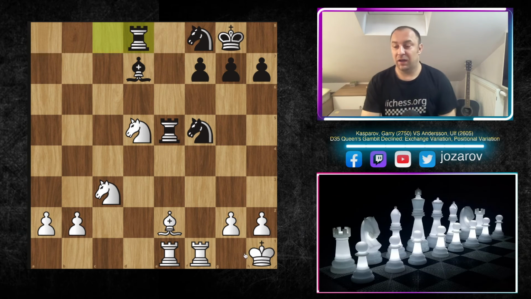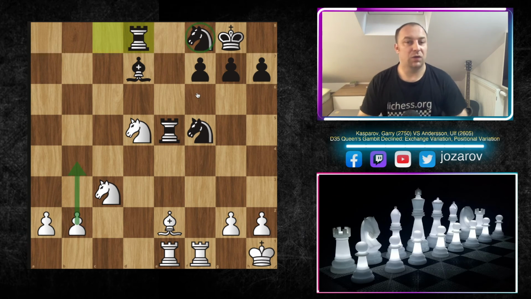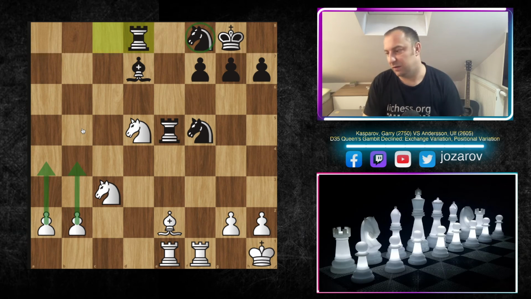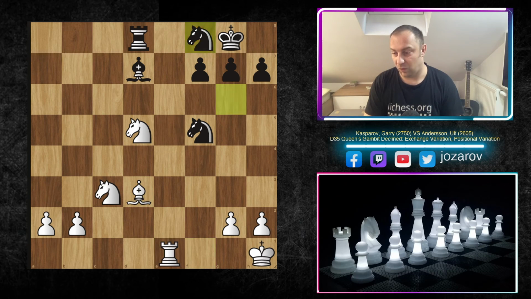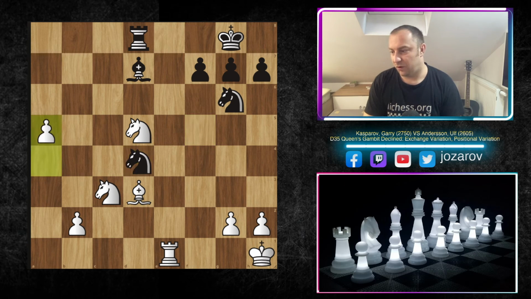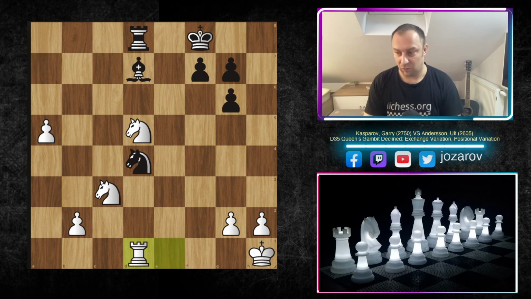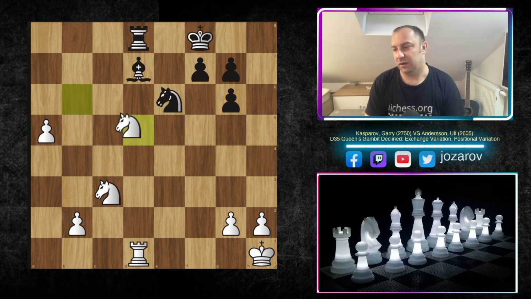After rook to d8, we have now a new position. Okay, it's a position where white is only one pawn up, but it's a different story now because we have two connected passed pawns, and this is completely winning game here for white. So bishop to d3, rook to e1, rook to e1, knight to g6. Here Garry Kasparov simply pushed the pawn further. a5, we have bishop to g6, h takes g6, rook to d1, attacking the knight, knight to e6, and now knight to b6,